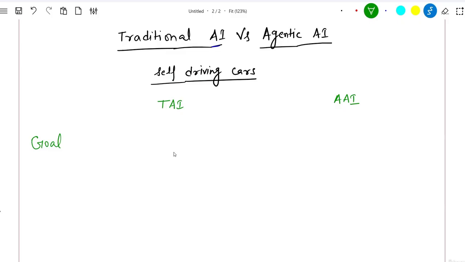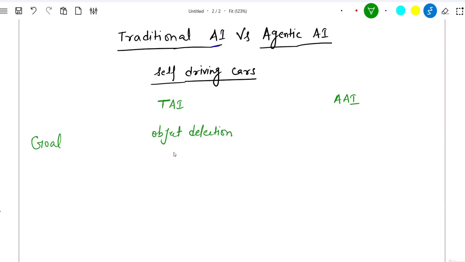Or if there is some hindrance, if there is some problem, if there is something that you can identify as an issue on the road, just alert the driver there is an issue on the road. So this is basically an image recognition problem, and the traditional AI system has been trained on those images. So it will simply say that this object has been detected on the street. So the goal here is object detection.